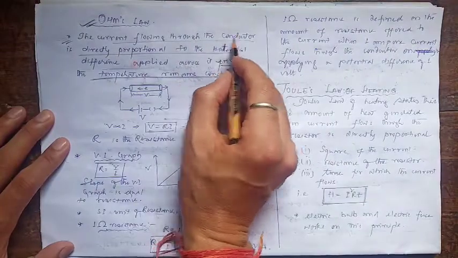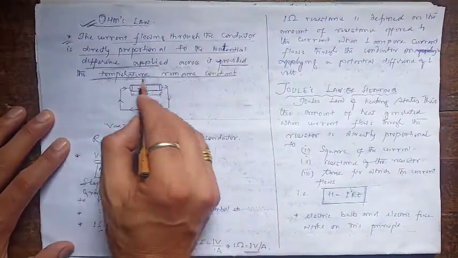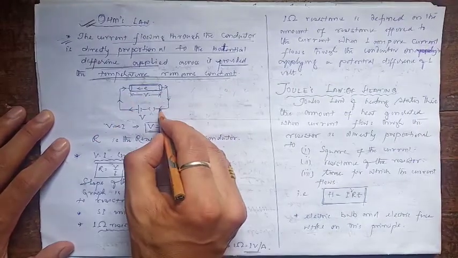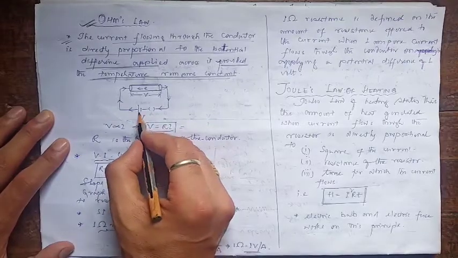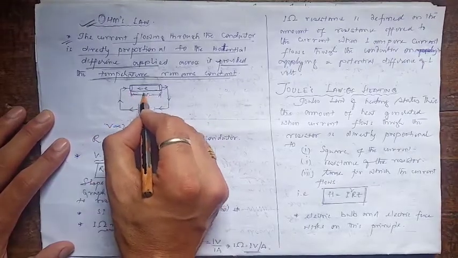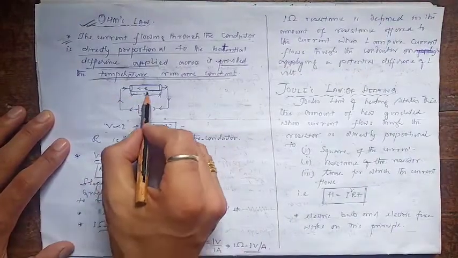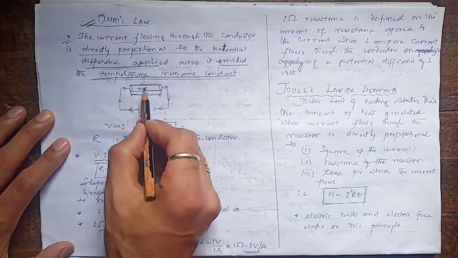Current flowing through the conductor is directly proportional to the potential difference applied across it, provided the temperature remains constant. Suppose I have a conductor here. The two ends of the conductor are connected to the two terminals of a battery or cell. So we have maintained a potential difference of V volts across the ends of the conductor. Now students, the current will flow, and this arrow indicates the direction of the conventional current, and we know